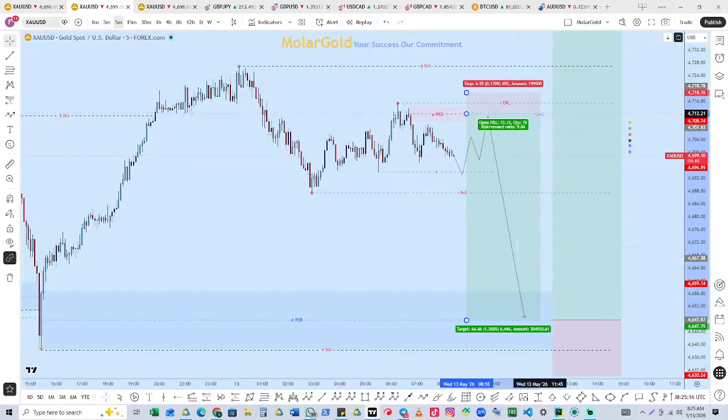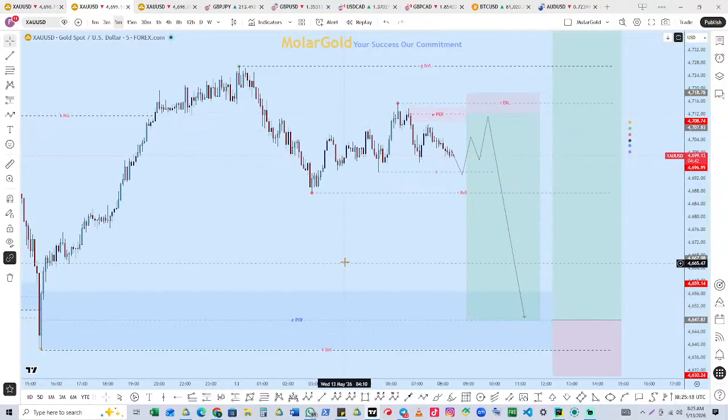That's basically what is happening right here. Okay, like I said, you cannot trade the inducement. You cannot trade this EPUI if the inducement has not been taken out. Very, very important too as well.